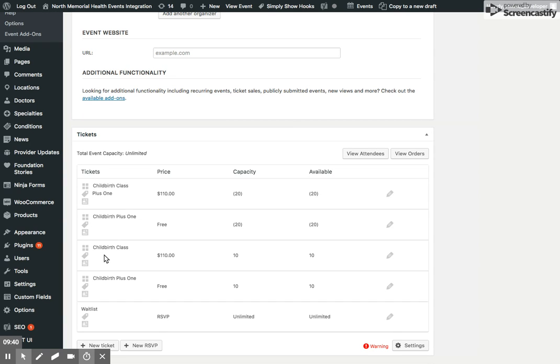And then you'll see there's also a ticket type for the secret registration and then the secret +1 registration. So I am going to go into all 4 of these tickets like I just did and save them as the correct ticket type. And then that is it. Then the registration